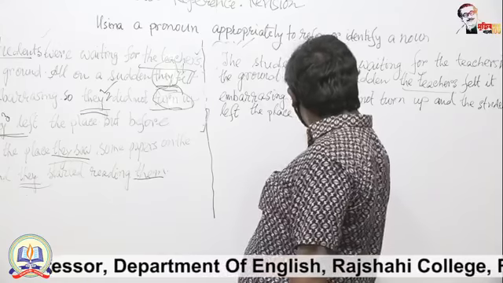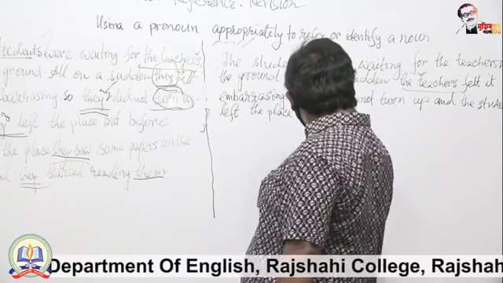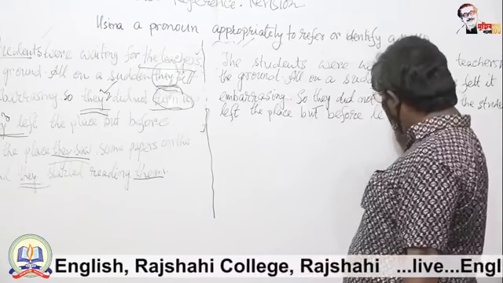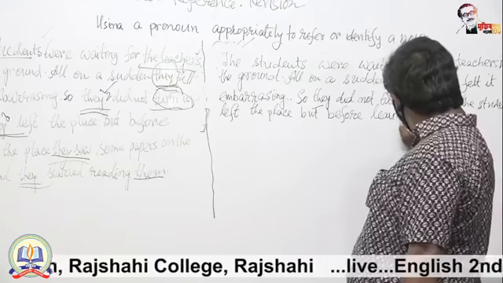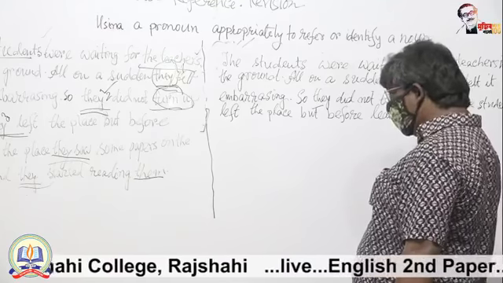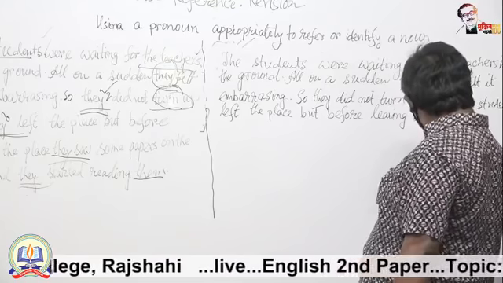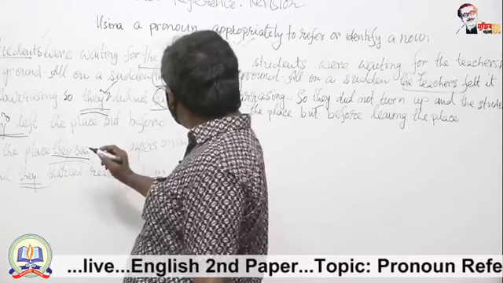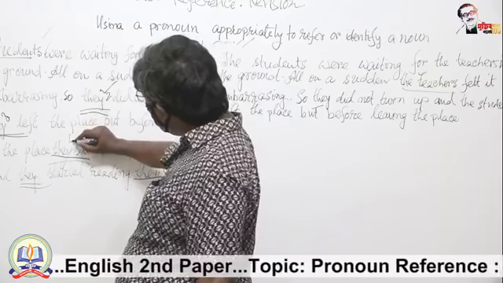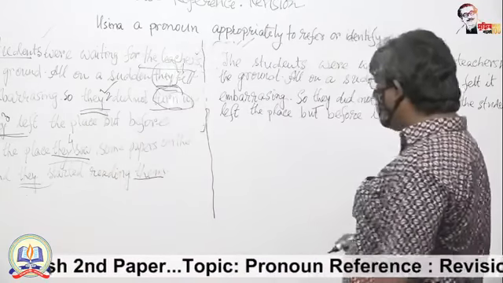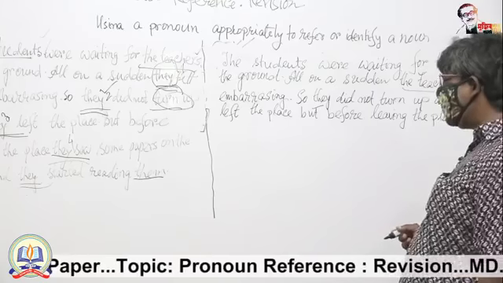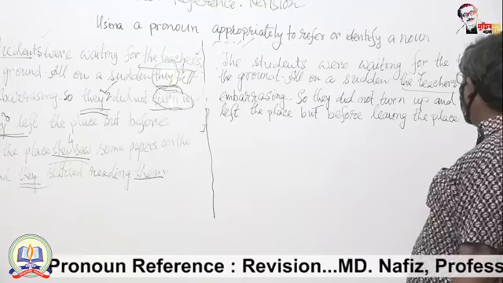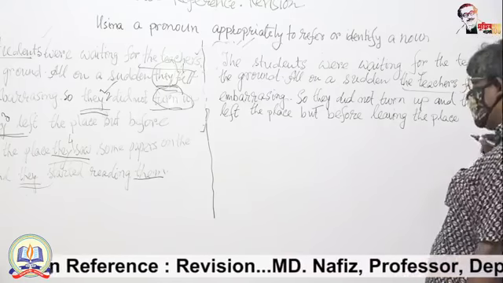But before leaving the place, I think this fourth "they" does not make any complexity identifying its reference noun. So, but before leaving the place, they saw some